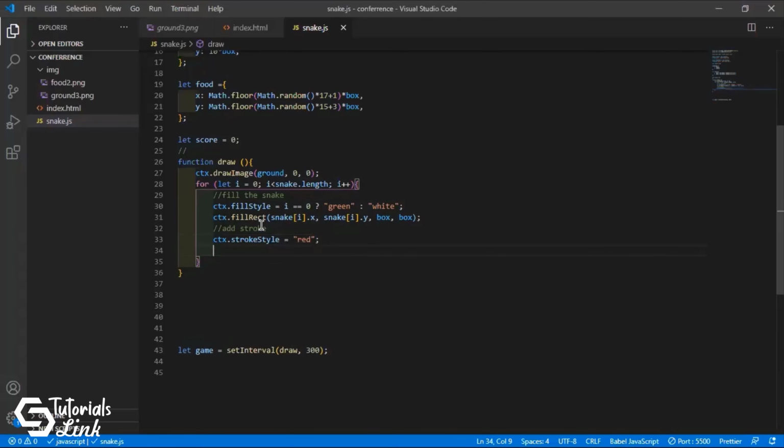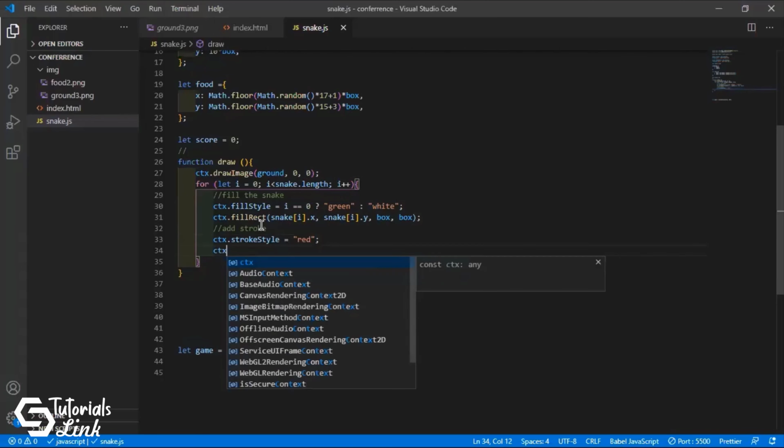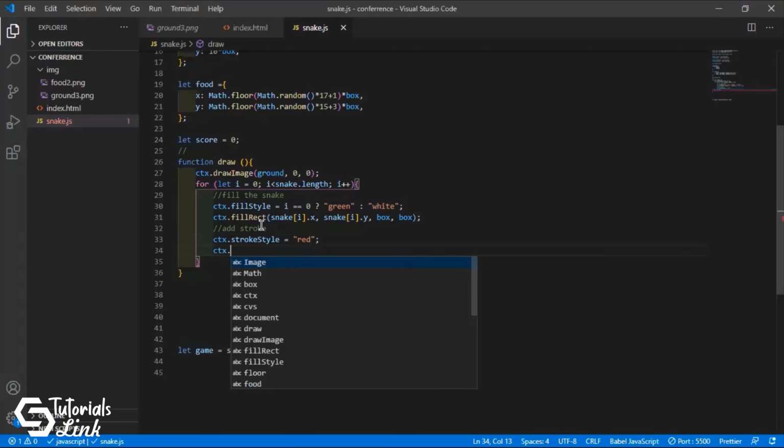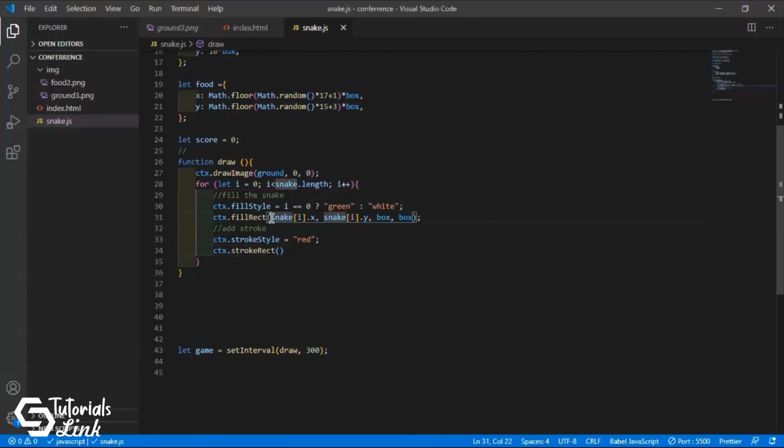And it will give red to what? Same thing, ctx.strokeRect, and it will have similar values from here, because we want the same thing for giving it a border. Fine. Snake index i for the x coordinate, snake index i for the y coordinate, and box.